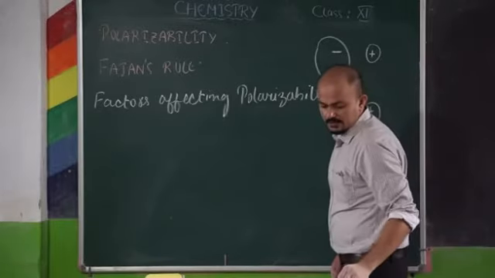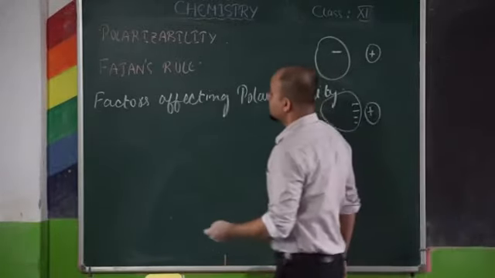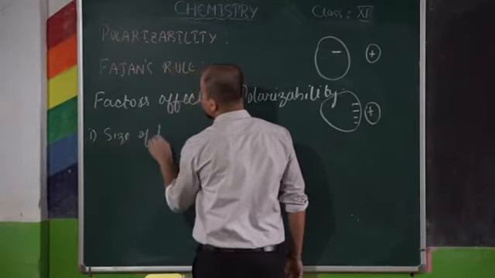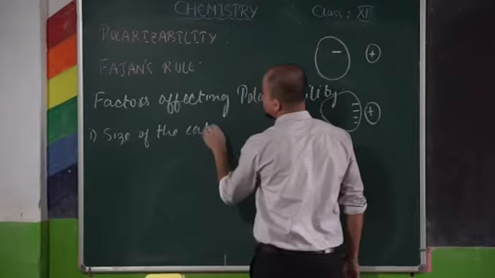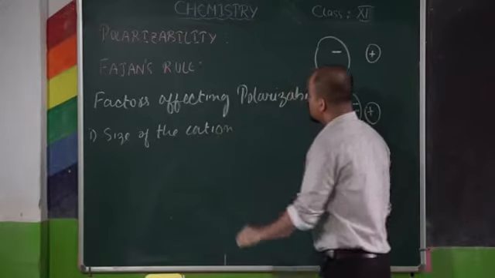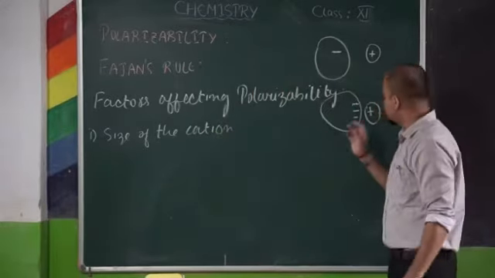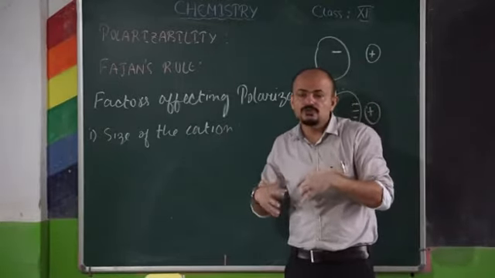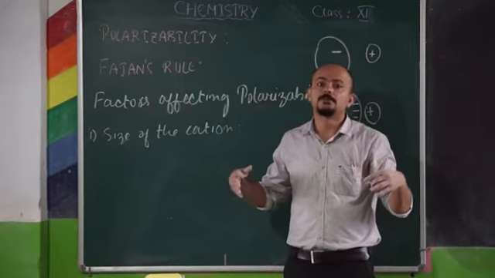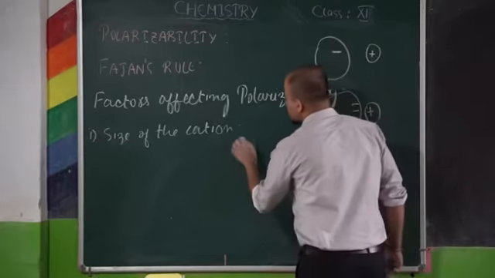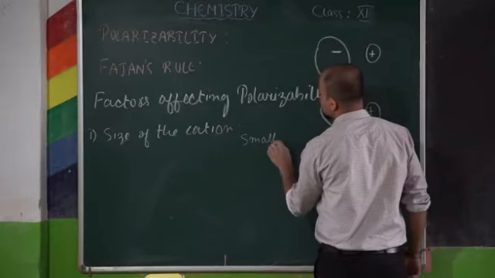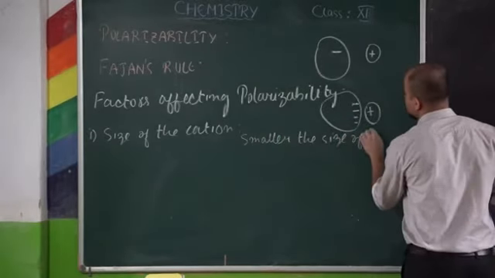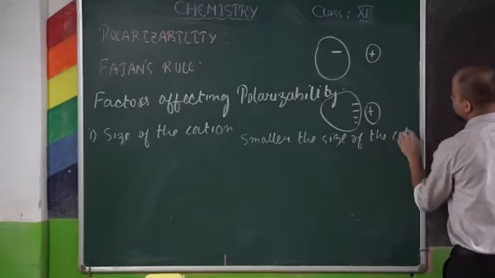The first one is the size of the cation. If the size of the cation is small, its capacity to distort the anion will be more. Therefore, we have to remember, the smaller the size of the cation,